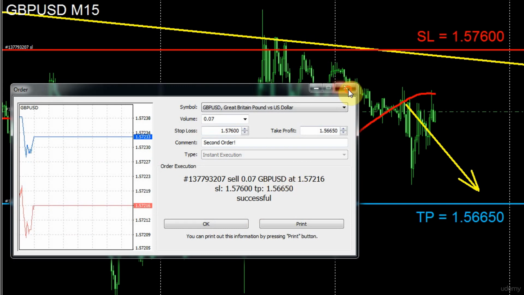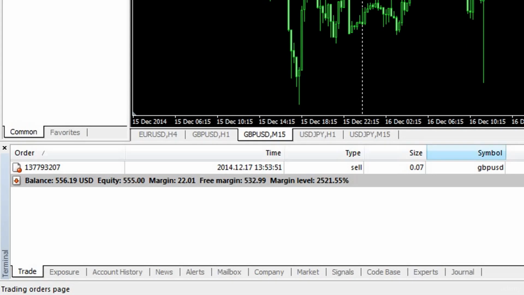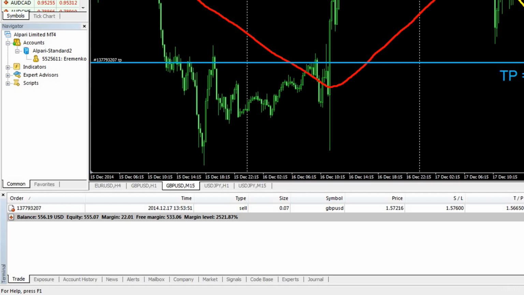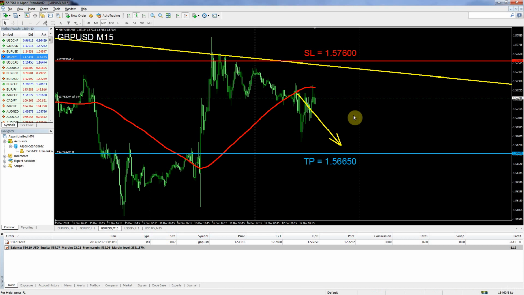We can close this now, and as you can see here, our order is in our terminal in the trade tab. So we're going to leave this order for a couple of days and then come back and see how it's going. Hopefully it won't take long, because this is a 15-minute time frame, and we're talking about movements of about 55 pips and 38 pips. So hopefully the market does go downward in this case,